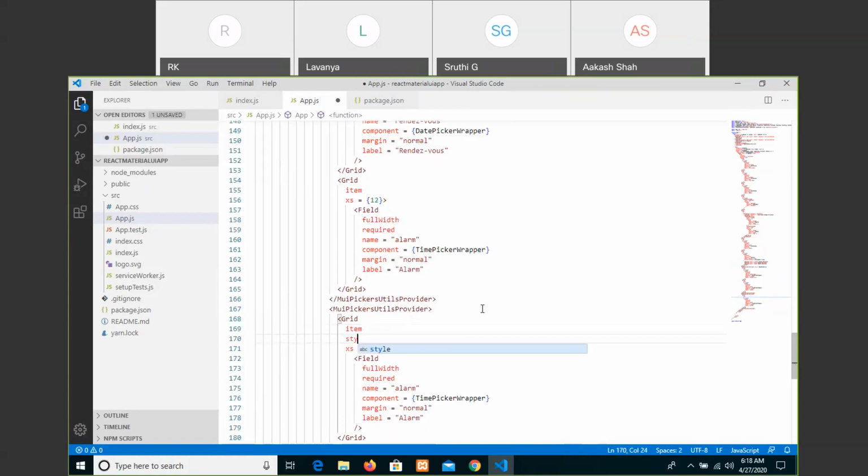Additionally, we are creating style and that equals to margin top something, and then let us create now button.